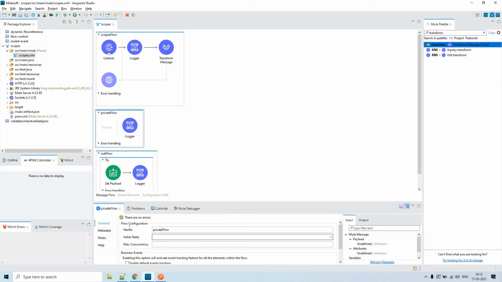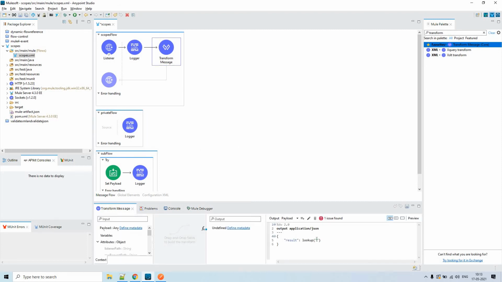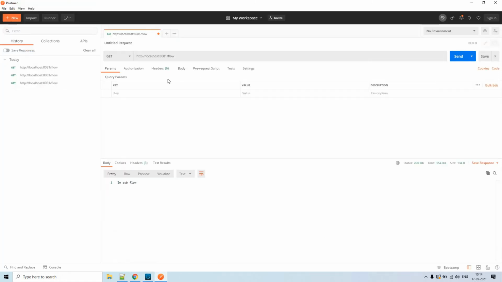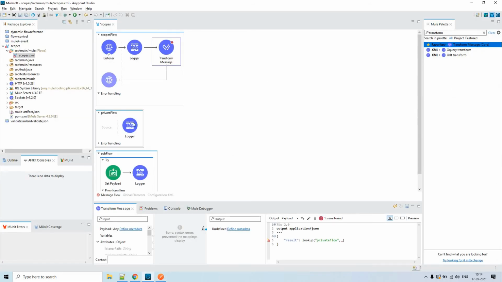So let me copy this flow name, and I'm pasting it here as the first argument. The second thing is what you'd like to pass to that flow. It could be a JSON object, an array, a string or a number. It's up to you. My requirement is that I'll pass some body along with my request, and I would like to pass that to my private flow.